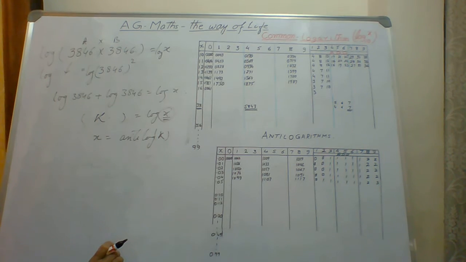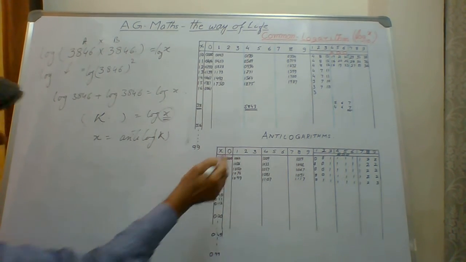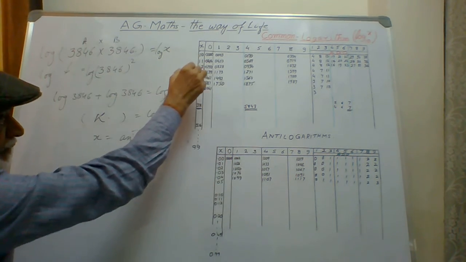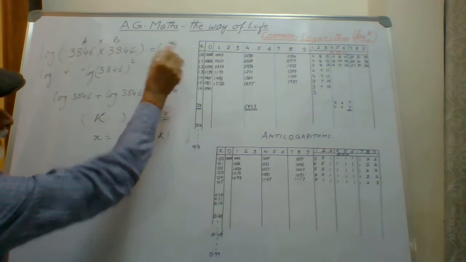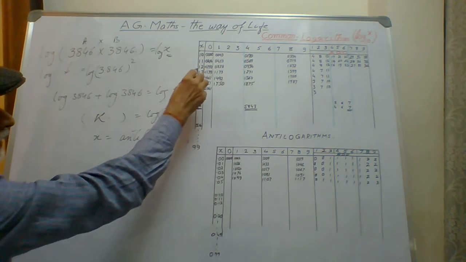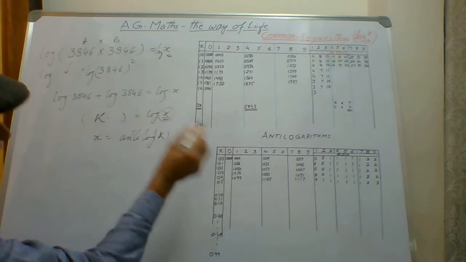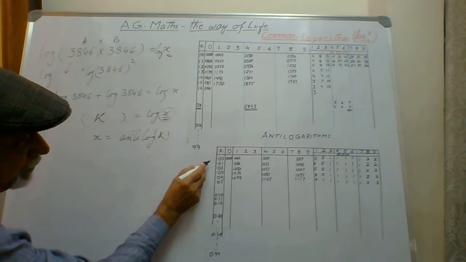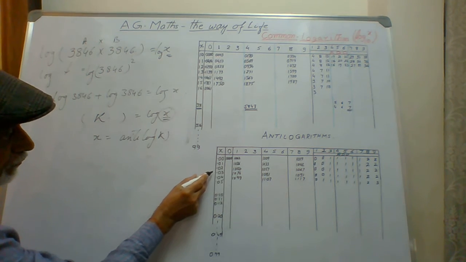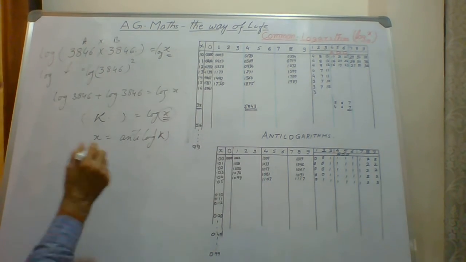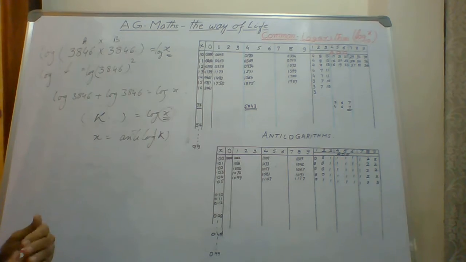As I showed you in the book, there is one table, and then there is another table which is called the anti-logarithm table. The logarithm table starts from 10. X is more important for us because this is the x here. So x starts from 10, 11, 12, 13 up to 99. It covers two pages. And in the anti-logarithm table, the x value starts from 0.00, 0.0102 up to 0.99, because after 0.99 it becomes 1. So let us see how we work it out.